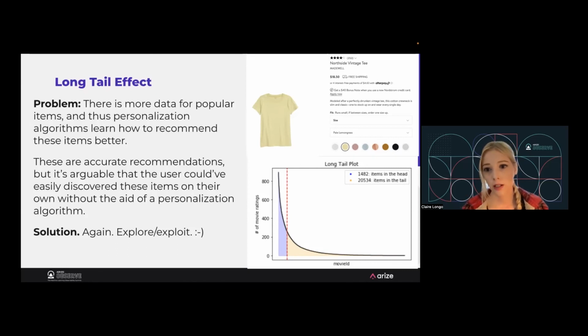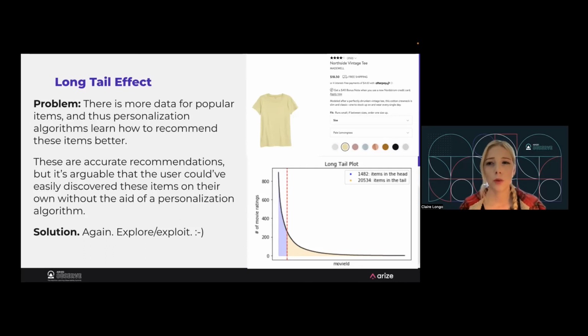So when I dug into this, I realized it was what is called the long tail effect, and that's the plot on the lower right. All the popular items are what we call the head of this plot, and then the tail are the less popular items. And by popular, I just mean they have fewer user interactions. So out in the tail of this plot, you have new items in your inventory that no one's interacted with. Those are not going to get recommended.